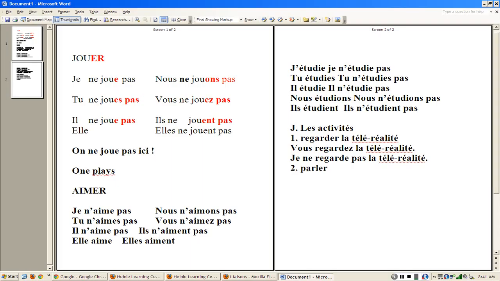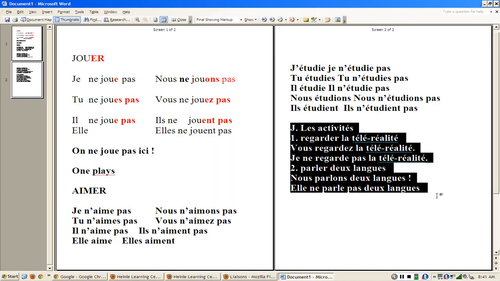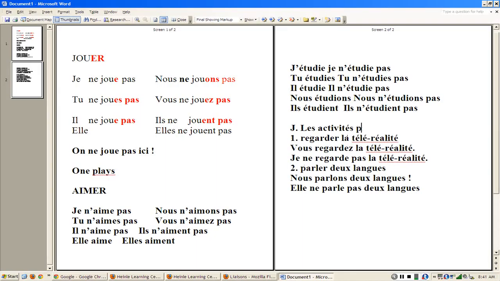The second one is parler de langue. I could actually make the sentence, nous parlons de langue, because you are speaking French now. Nous parlons de langue. But if I was to talk about my mother, I would say, elle ne parle pas de langue. Voilà. You just kind of take it step by step, with the crowning gem of this lesson being Activité J,